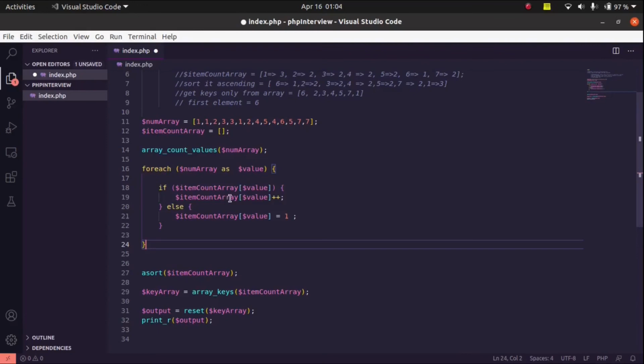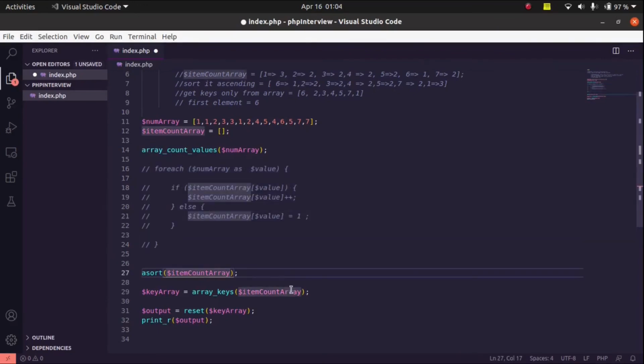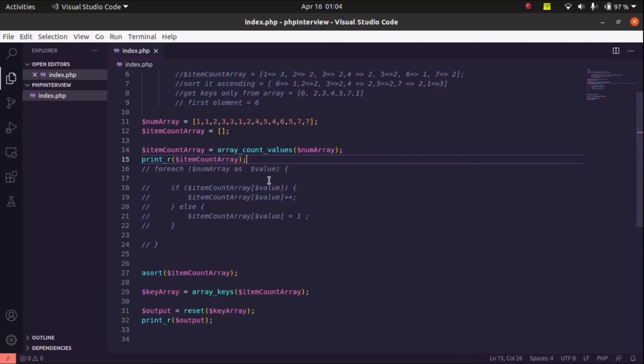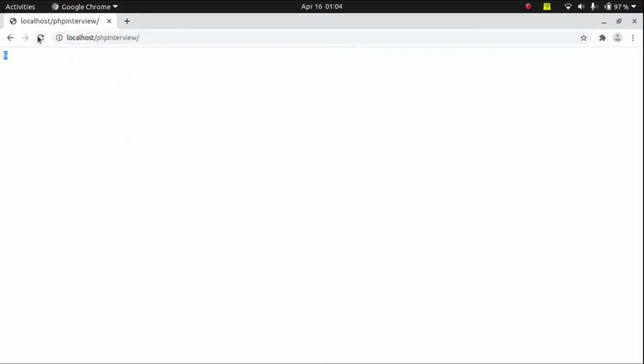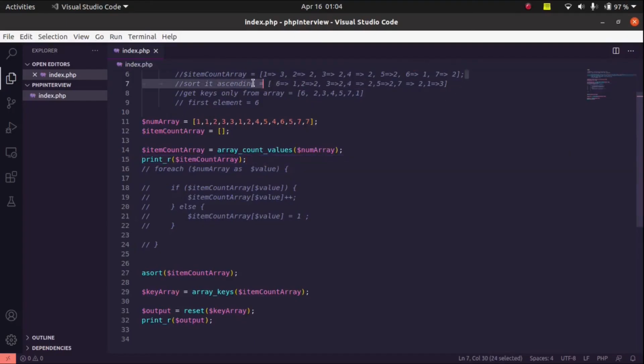Let's check how. Now we can comment out this loop. I will use this variable, and now let's print this variable. Now let's check what array we are getting. I'm running this code, and here it is. It is the same array which we produced in the first step using this iteration, but now with a function. The interviewer either asks us to do this with the foreach loop to check whether we are comfortable with associative arrays, or otherwise asks us to use functions to avoid the loop. At that time we just have to use this array_count_values function.